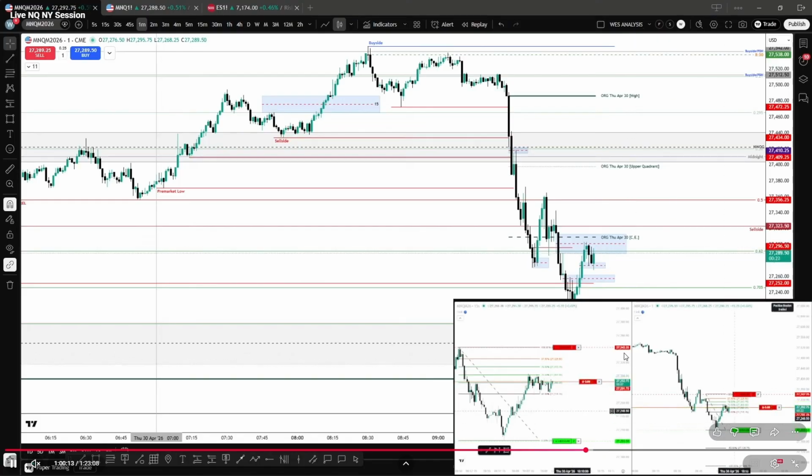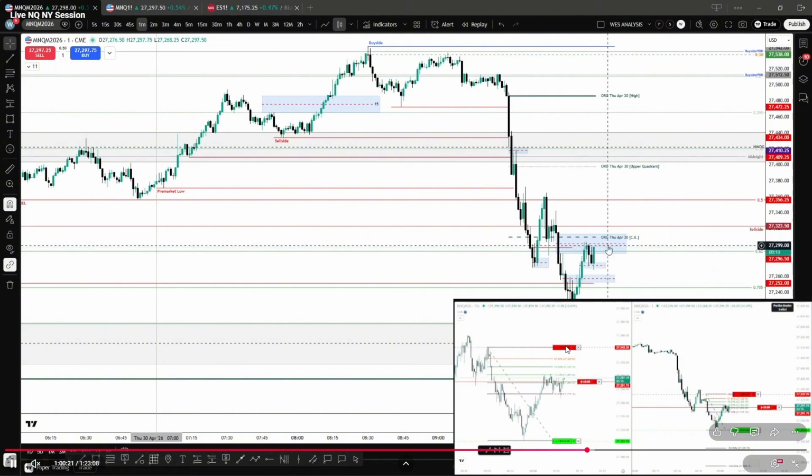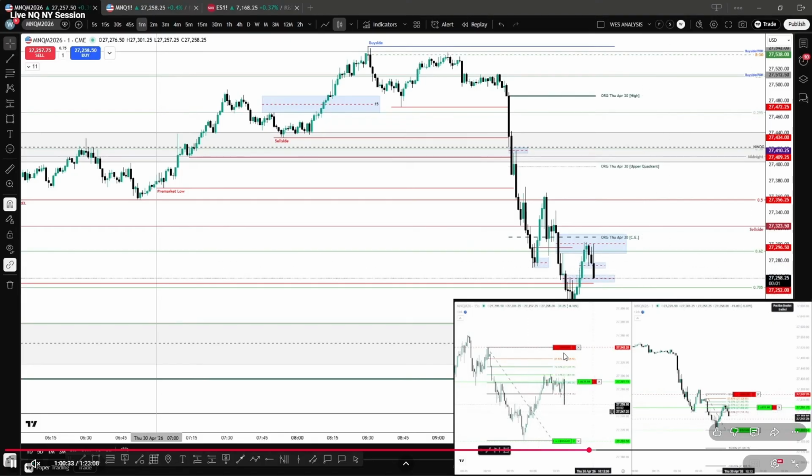Now, the stop is a little wide because I am thinking that it could wick up here. So I didn't want to bring my stop down and accumulate another order because we could see a wick up, and